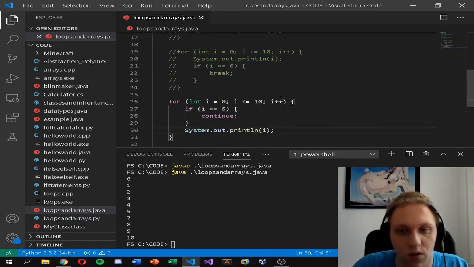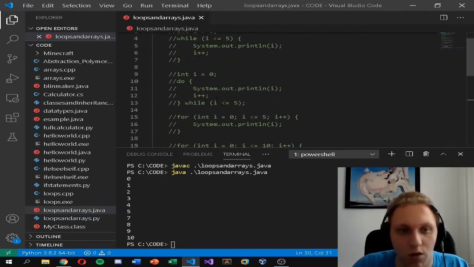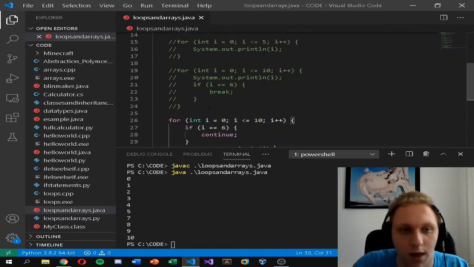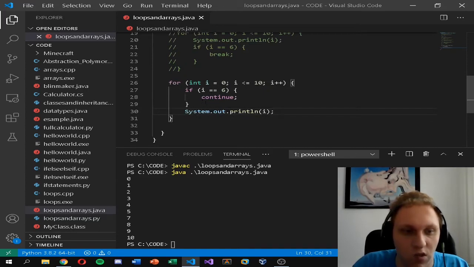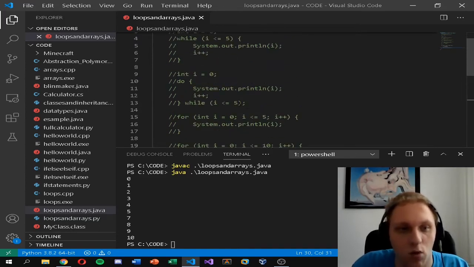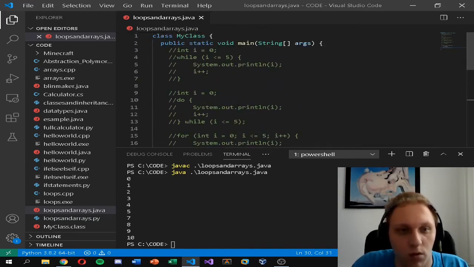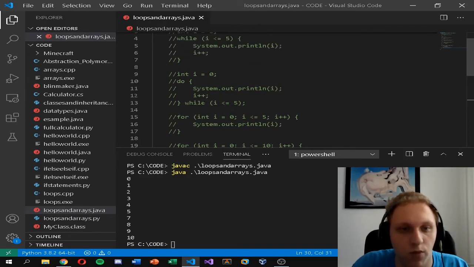Yeah, it works the exact same way. Again, you'll just put a condition and check and do what you want to do. Let's say you wanted to skip number 6. You go over to the code, for example, let's say you want to skip number 4 in this code right here. What you would do is, if you want to skip number 4, all you would have